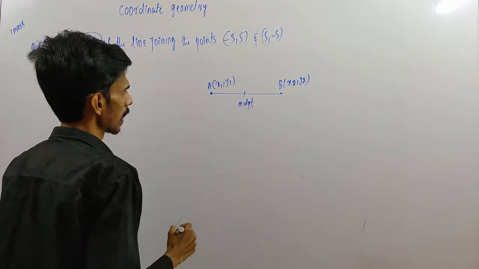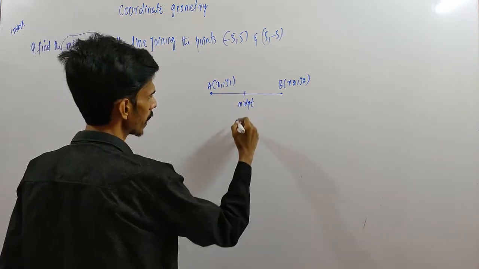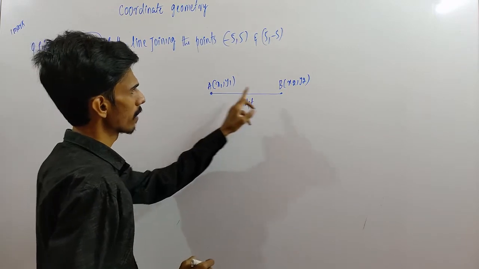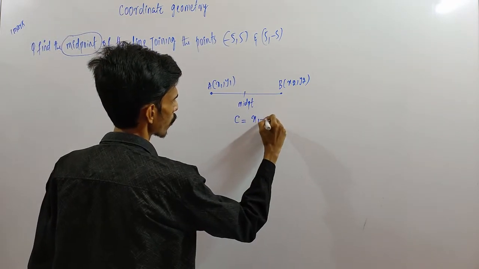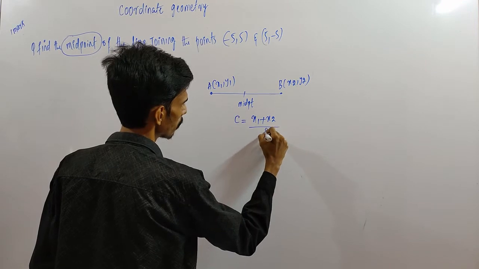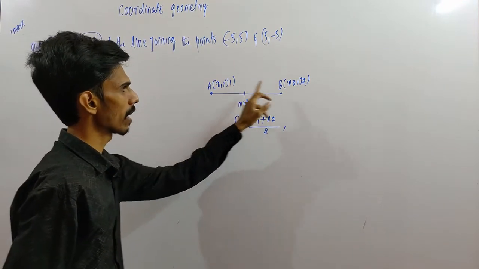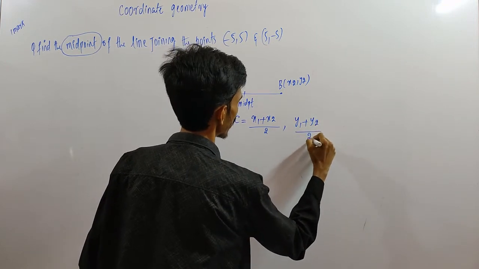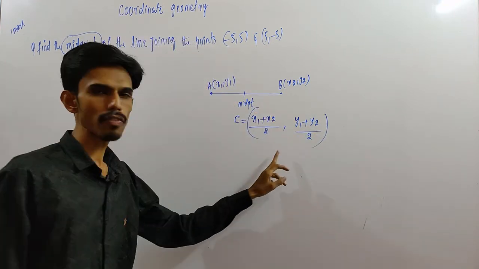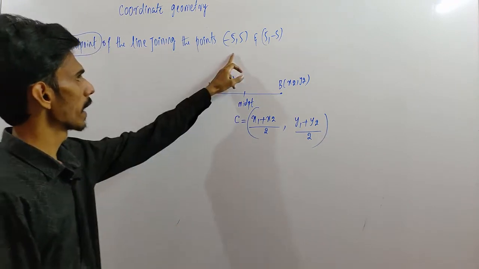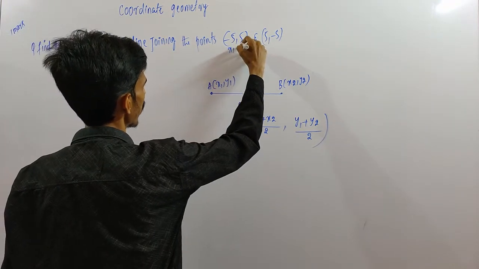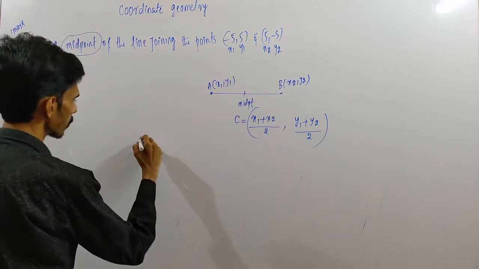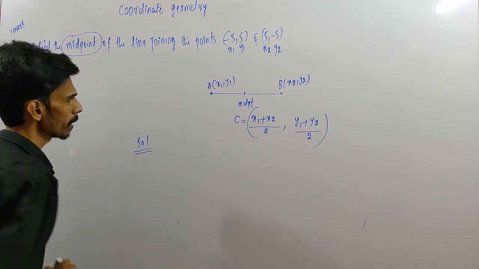Let us denote this midpoint by letter C. So C will be: x coordinate (x1 plus x2) by 2, y coordinate (y1 plus y2) divided by 2. This is the formula for midpoint. Now let us take this value as (x1, y1) and this is (x2, y2). So the solution for this question will be